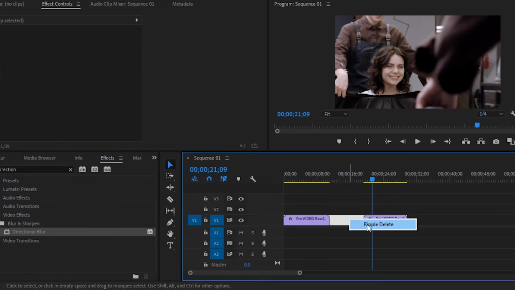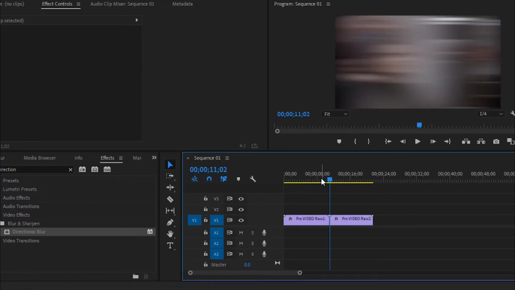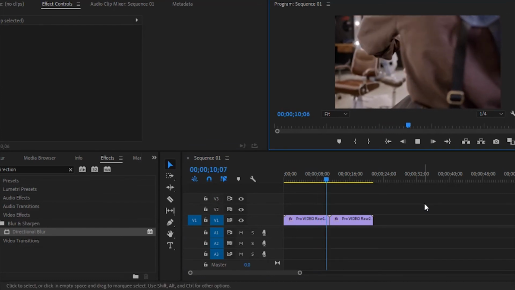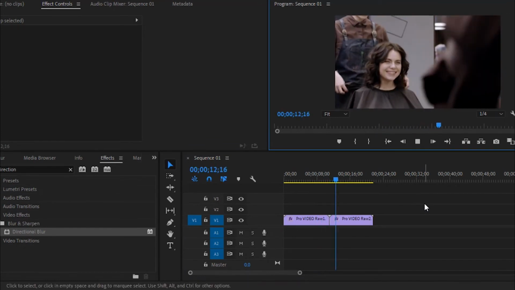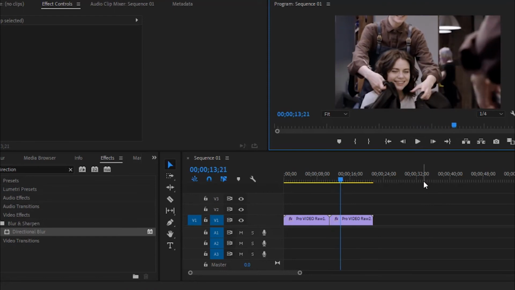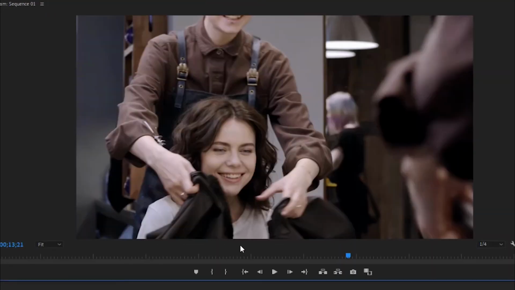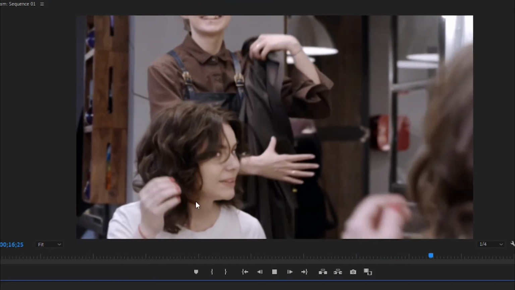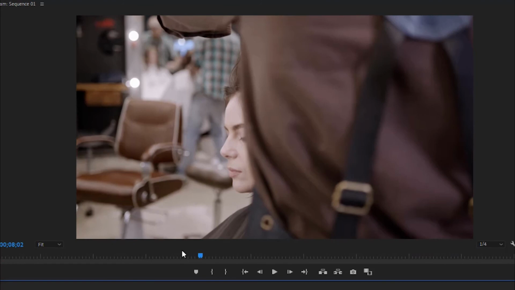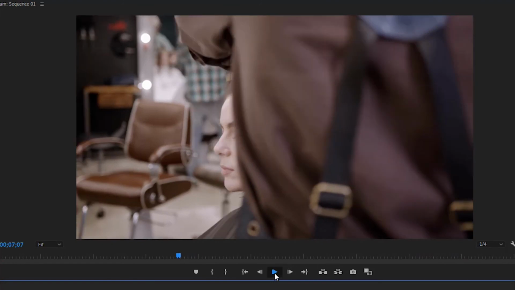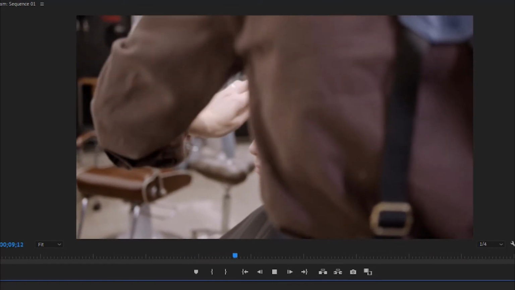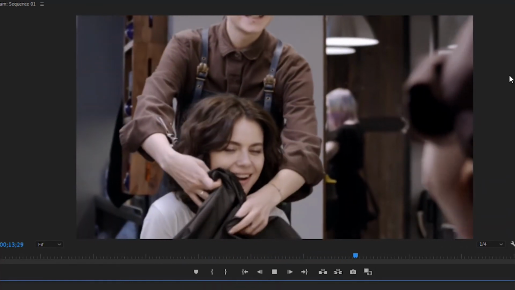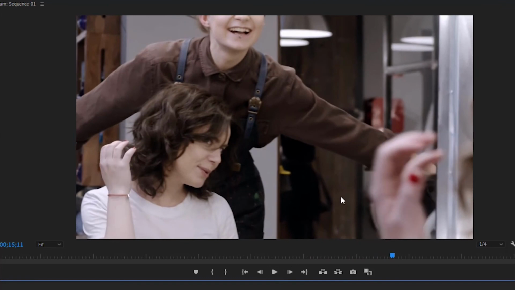Let's combine both the clips and see if it is actually working or not. Fine, this is what we wanted. The transition is working fine now. Let us see it on the bigger screen. Fine. You can make use of this transition in many of your clips.